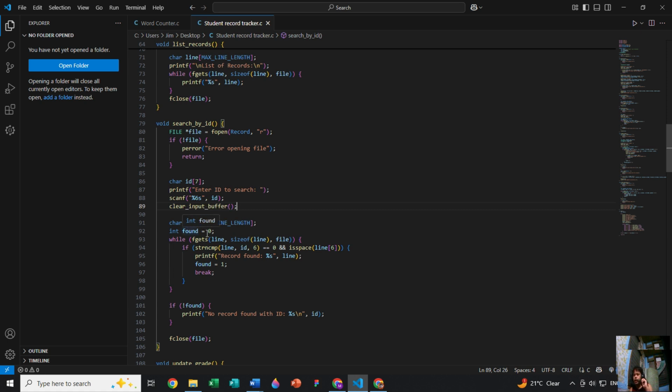Now for the character line of the max line length, we found 0. Basically, this will compare the first 6 characters, the ID, from each line.